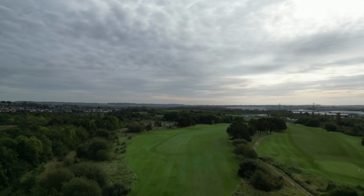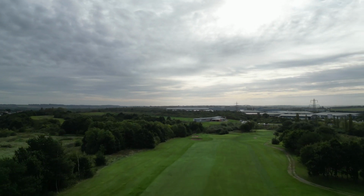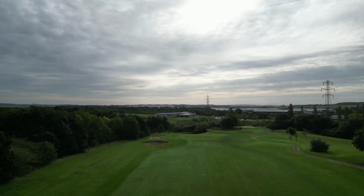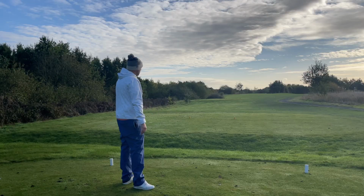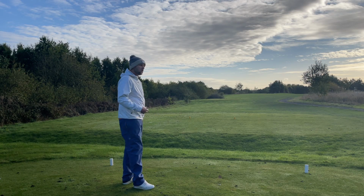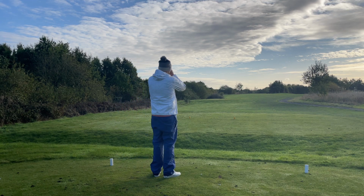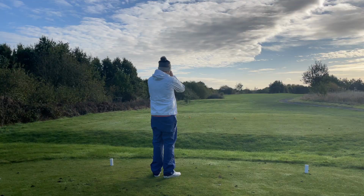But here on the 9th hole at Waterfront, as you can see by the flyover, we've got a dog leg to the right. So very much here, I see people come onto this tee box, pull their driver out, and they don't know, again, where they should be starting that shot and what they should be taking into account. So on here now, I'm going to use the rangefinder to get the trees straight in the distance. And straight away there, we are looking at